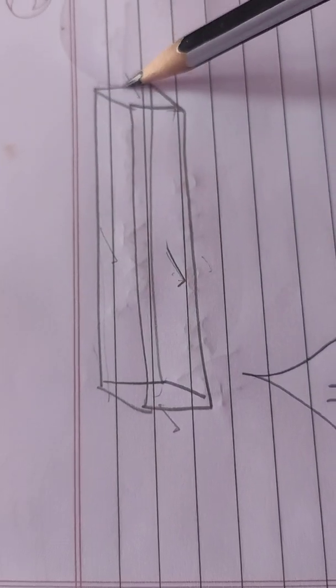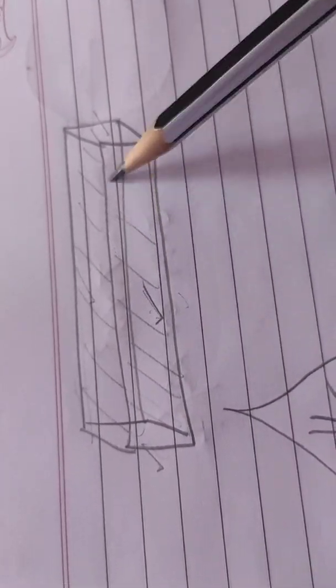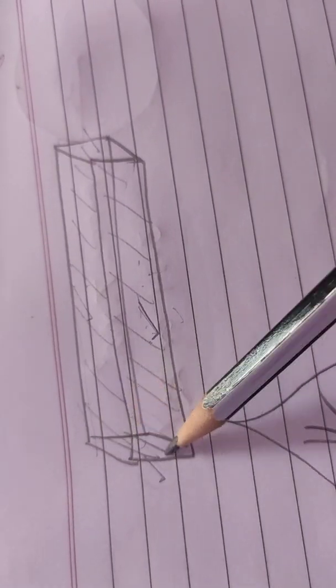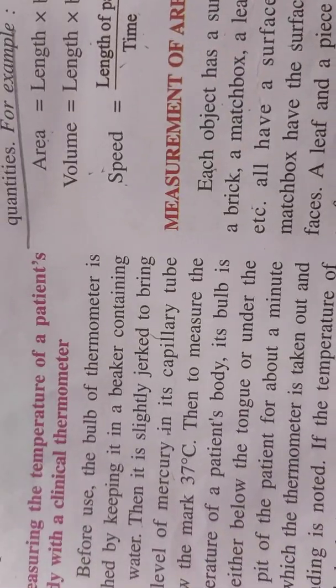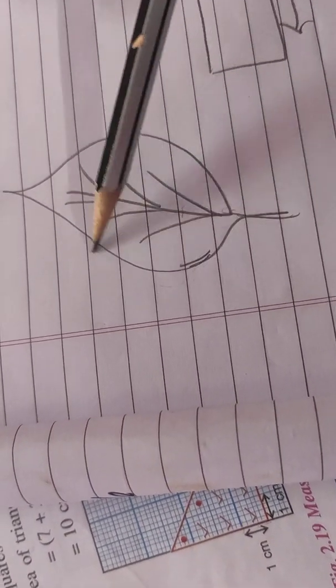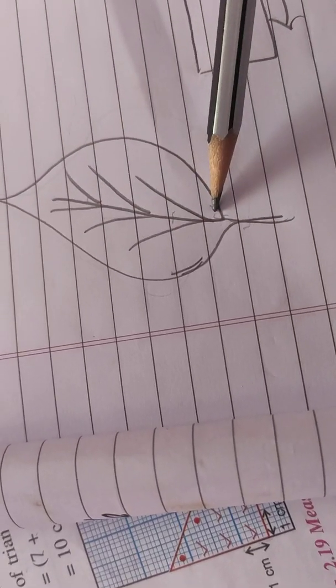So look at the figure here. देखिए 1 circle है, तो एक ये आगे वाला फेस हो गया, एक उसके नीचे वाला इधर वाला फेस हो गया, फिर इन दोनों फेस के अपोजिट जो फेस होंगे, इसके पीछे वाला और इसके ऊपर के नीचे वाला, 4 faces. Then this is the 5th face and this is the 6th face. ठीक है. Next we have a leaf and a piece of paper, which has surface consisting of 2 faces. Suppose we have a leaf. So a leaf has only 2 surfaces. First is this surface and another is beneath it, नीचे वाला surface.